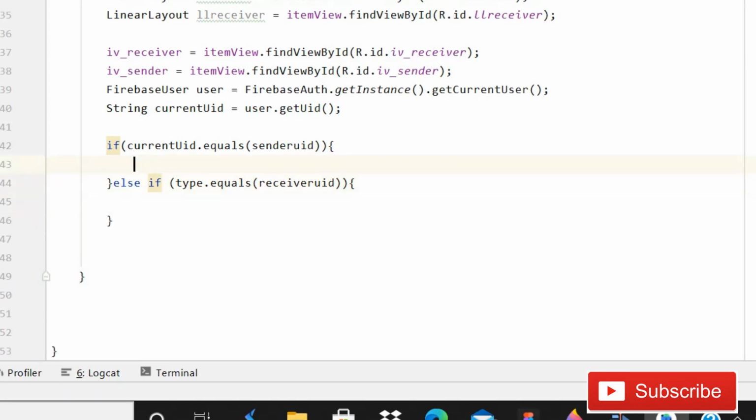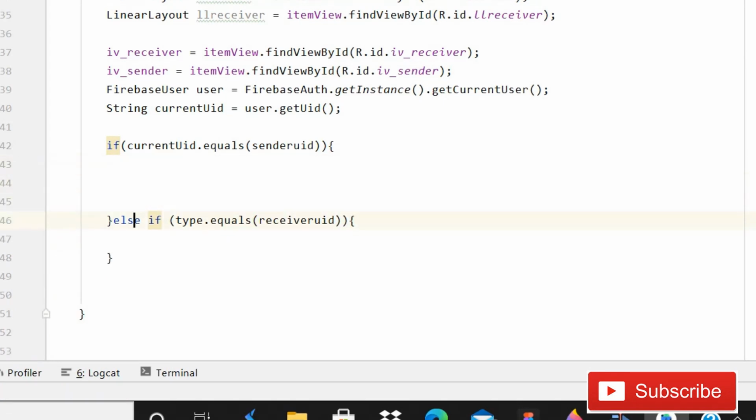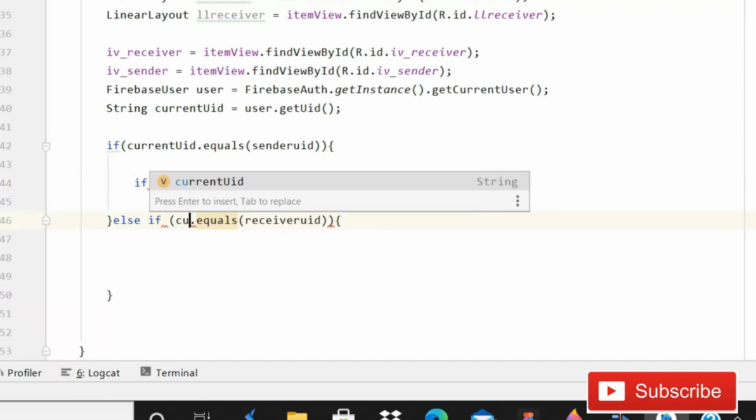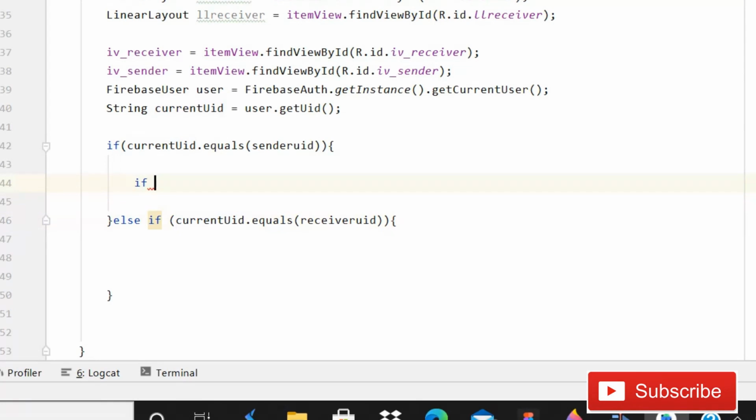Now we have these two: if it is sender uid, and if it is receiver uid. After this, we will validate again that if type, and instead of this type here, you have to write current uid. Now we can proceed.